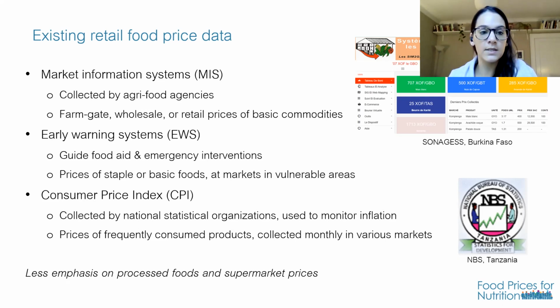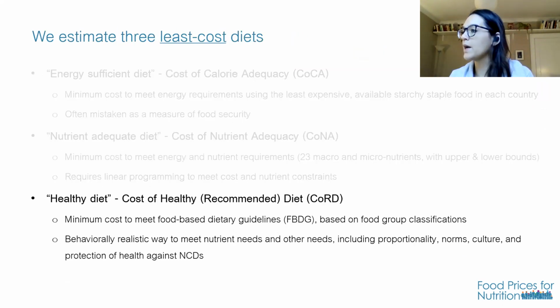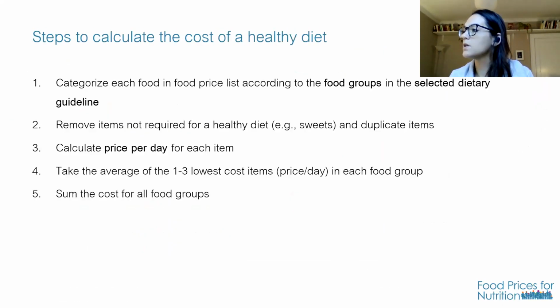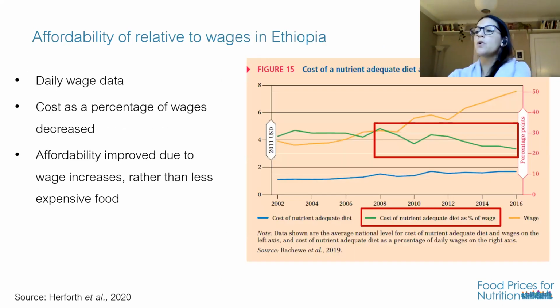Now, the case studies that we talked about, so for example, Keith, you mentioned the Ethiopia example. Sorry, it's the problem with using animations. So in the affordability analysis done in Ethiopia, this is data from the Central Statistical Agency of Ethiopia. These are their food price data, and that data was shared. I'm not entirely sure what the relationship was in order to get the data, but this is data that was shared by the Central